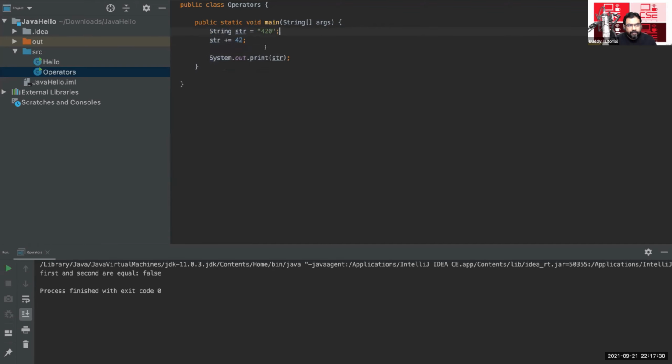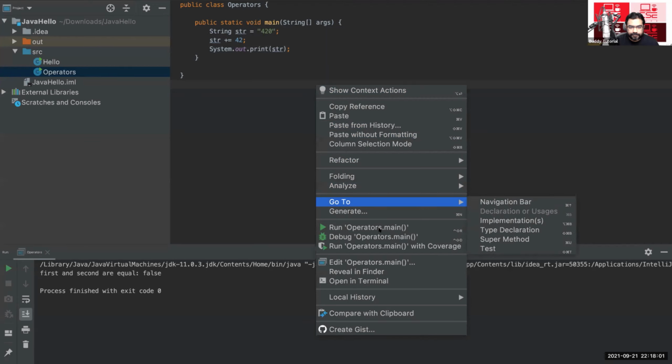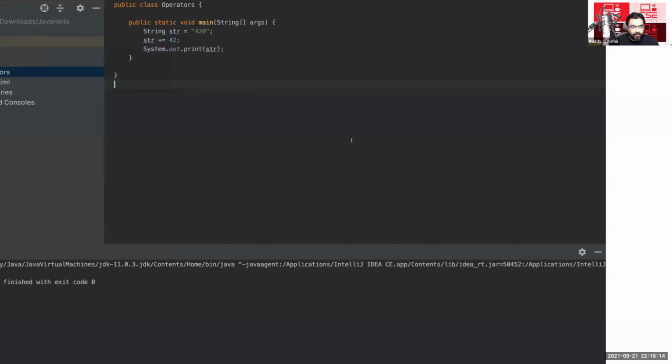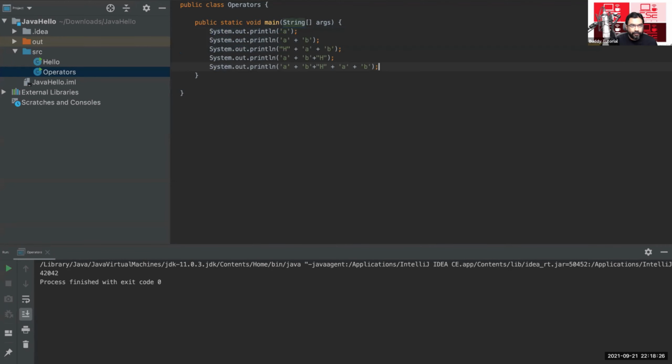So now you tell me, when I execute this, what will be the result? Here Fortran is a string, and you are adding a number to Fortran. If one side is a string, the result will be string concatenation, and the answer is 42042. Now I will copy paste the third example, which is a little more complex, or I would not say complex. It will actually make things clear for you.